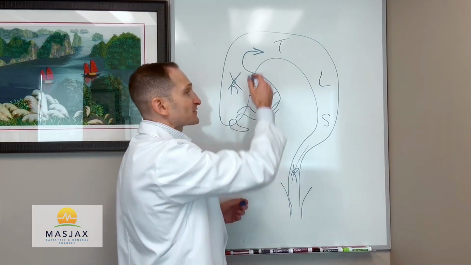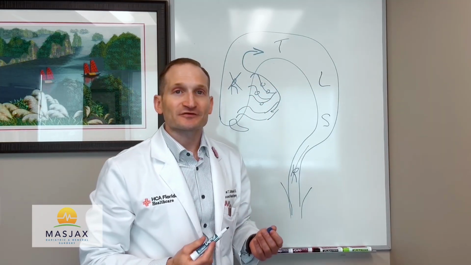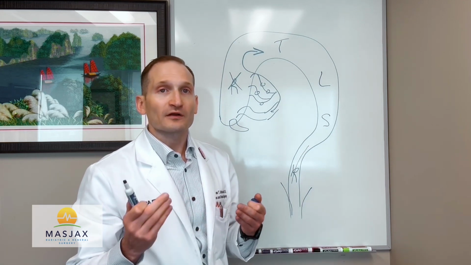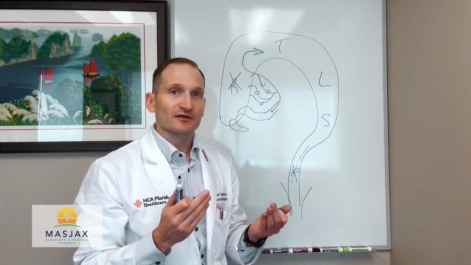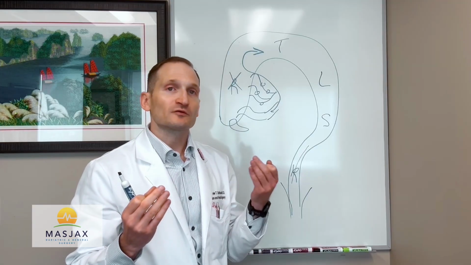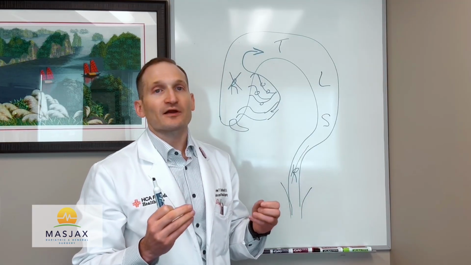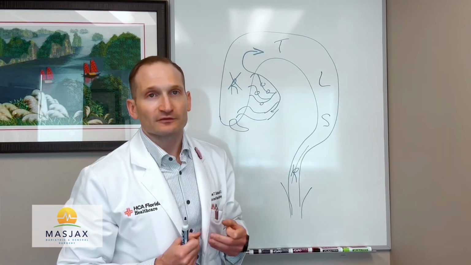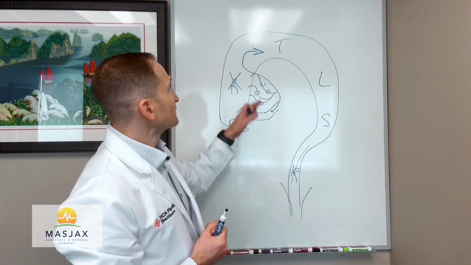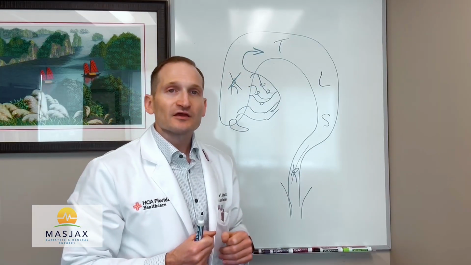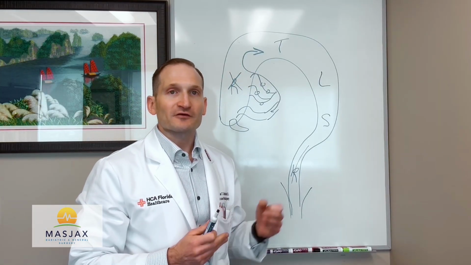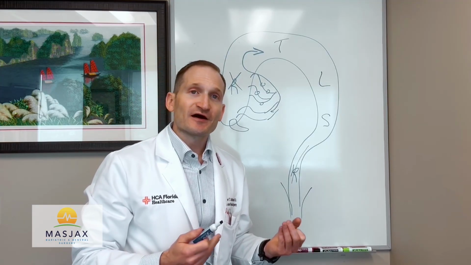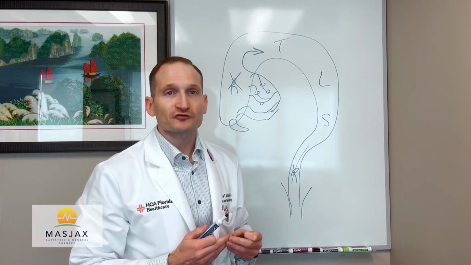When we create this connection, that is called an anastomosis. Anastomosis is just a basic word for connection of one object in your body to another object in your body, or one lumen to another lumen in your body. So that way, fecal material can go from in to out in the correct direction. When this anastomosis is created, it usually takes about 24 hours for everything to start working if you're starting to have some bowel function. Most patients are in the hospital for about 2 to 3 days after surgery, and sometimes